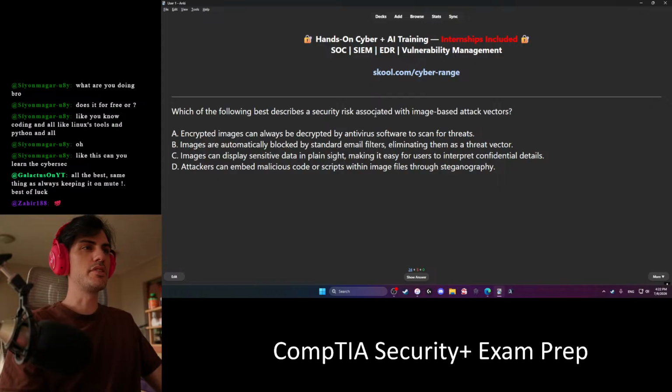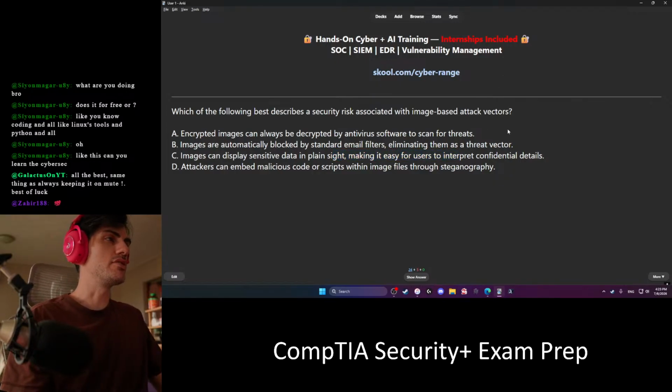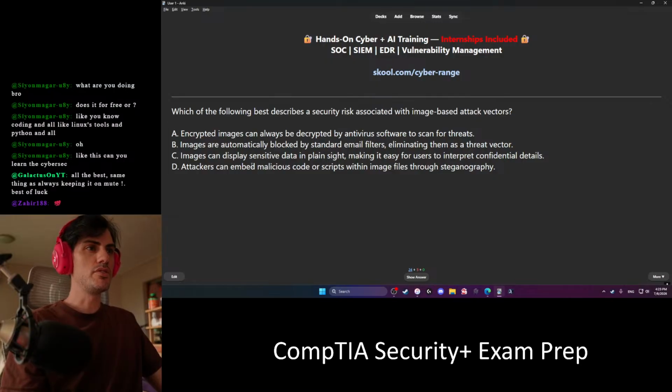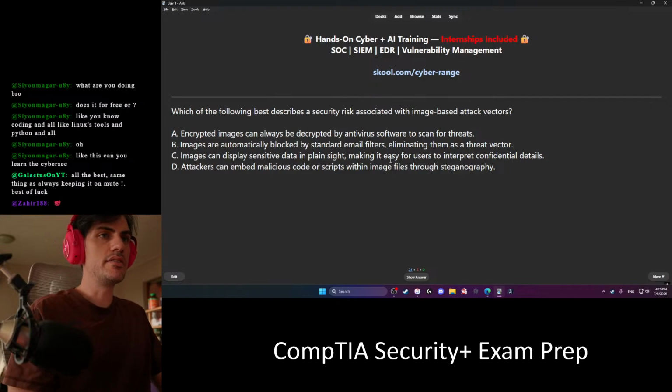Following best describes the security risks associated with image-based. Images can display sensitive data in plain sight, making it easy for users to interpret confidential details. Malicious code or scripts within image files through steganography. I think D? Actually? Yeah.